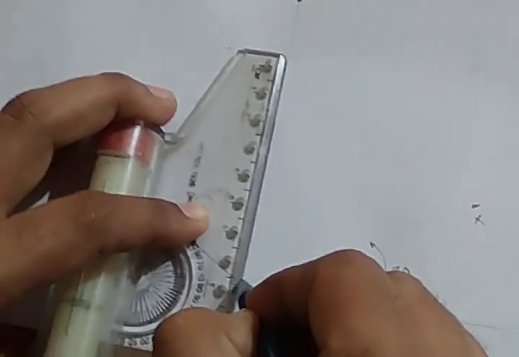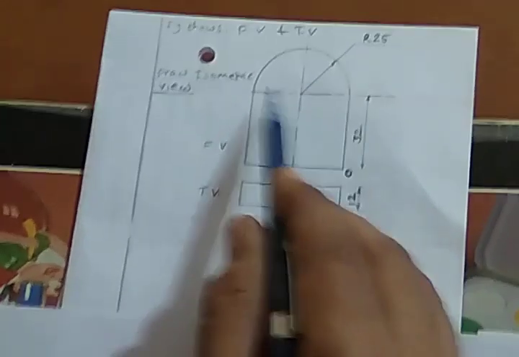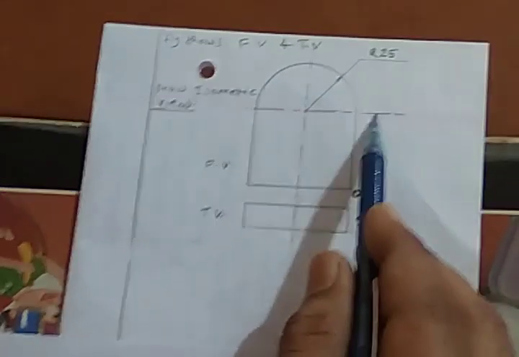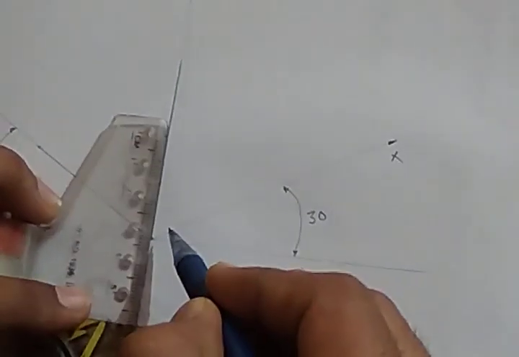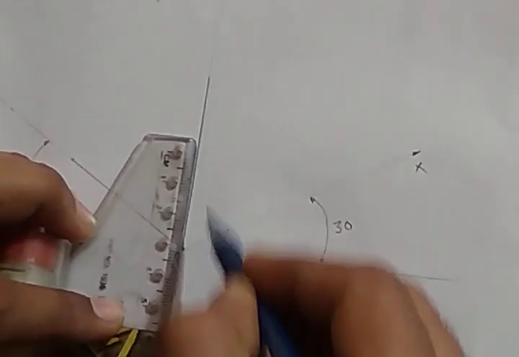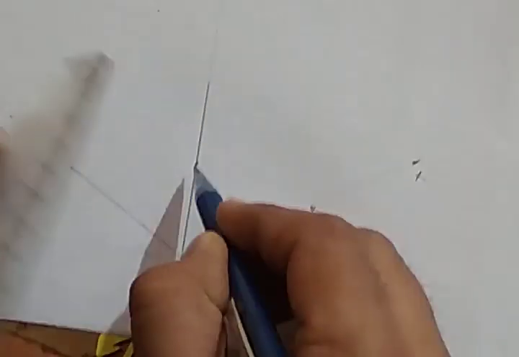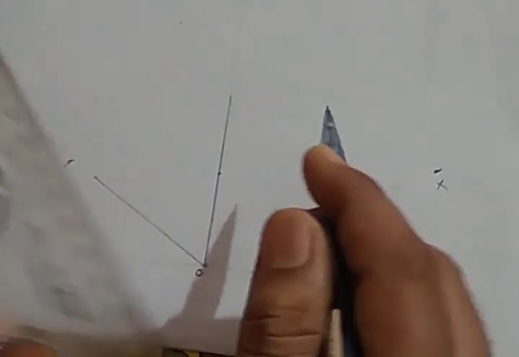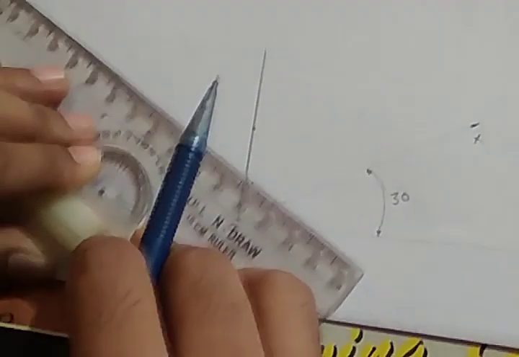on the z axis. Okay, now we can see that the center line is at 32 mm from the base. This is of 32. So from the base you need to plot the position of that center line, which is at 32 mm from the base. So this distance is of 32 mm. Okay, so from this point you need to draw a parallel line to the y axis. Definitely this remaining distance on this z axis should be 25 mm.